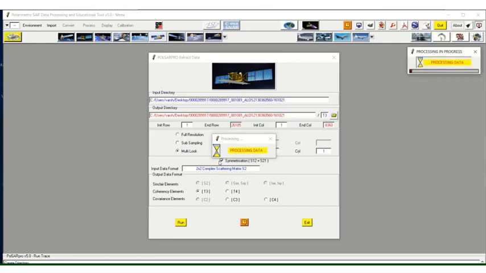Now it is processing. It will take time depending upon the size of the image. If the size is small, it will be very fast.